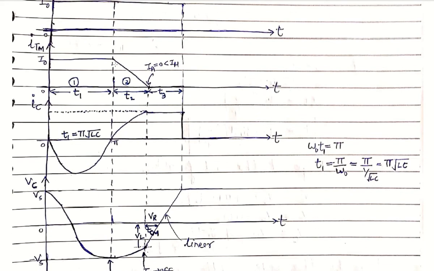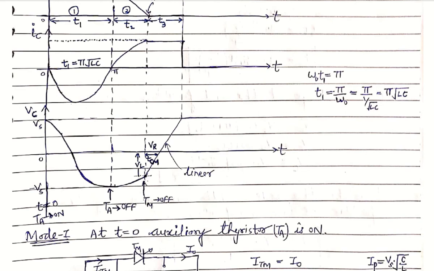So this ITM we will now reduce to 0 by T2 time. Why is it 0? Because we make the ITM current 0. So this thyristor TM will be off, so the current falls from I naught to 0. In this way the main thyristor will be off after T2 time, and the IC current waveform, which is IP sin omega t, is positive. So the negative waveform now comes in the upper direction in sinusoidal fashion. Up to T2 time it will achieve the maximum value IP, that is Vs times the square root of C by L. And what is the capacitor waveform?